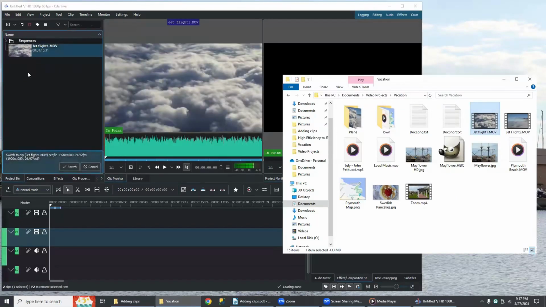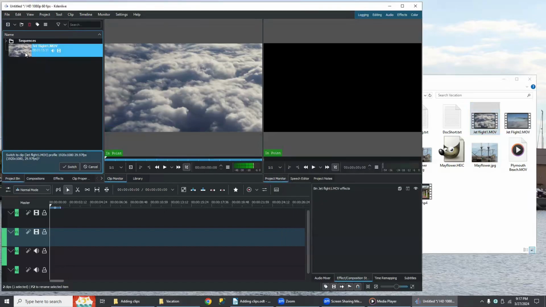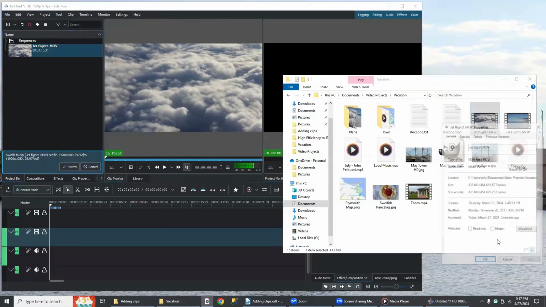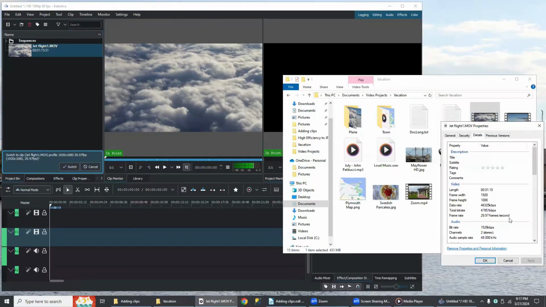The video editor opens and reads all files from the project bin, but will never modify any source file. If the video format doesn't match the project profile, the resolution or number of frames per second may differ. It will give you a warning. In this case, the original file is at